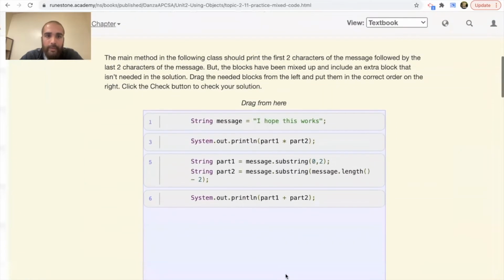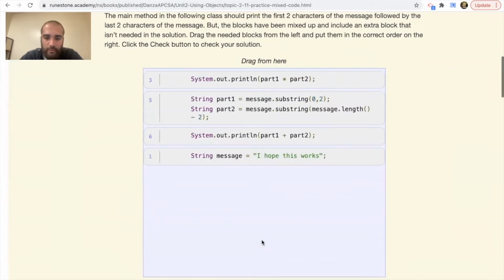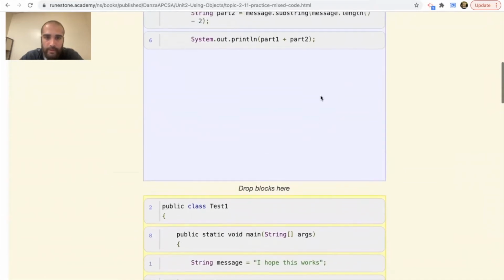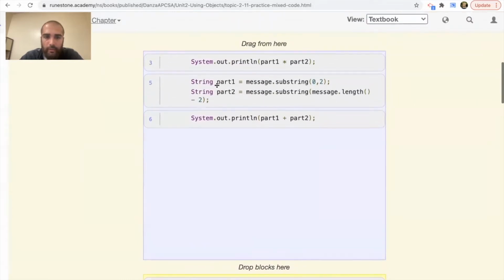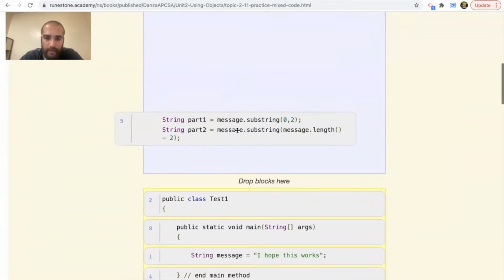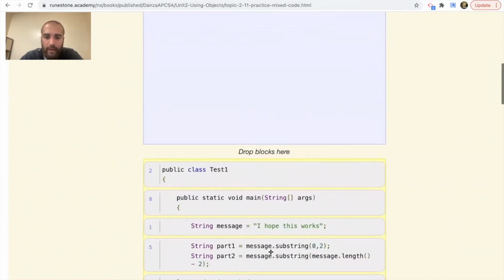The main method in the following class should print the first 2 characters of the message, followed by the last 2. So first we need a message that we're going to be playing with. We'll bring this string down. This is our message. And it says we are going to have part 1 of the message. This is annoying having to scroll up and down like this. Part 1 of the message is assigned the value of message.substring 0, 2,